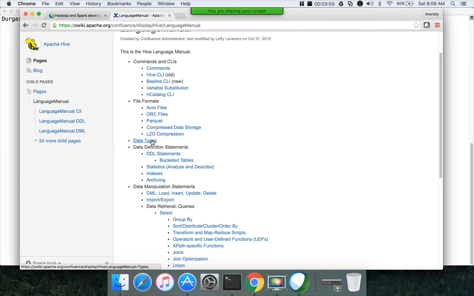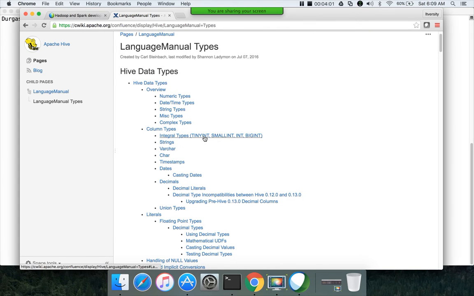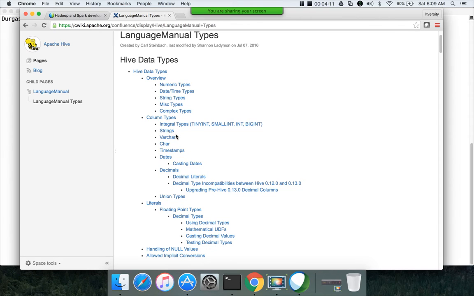And if you want to understand what data types are supported, you can click on this, and these are the data types. When Hive started, they had very few data types. They had integral types such as tinyint, smallint, bigint, and then there was only the string data type for char, varchar, and everything else. Anything that is alphanumeric was only a string data type. There was no varchar or char.